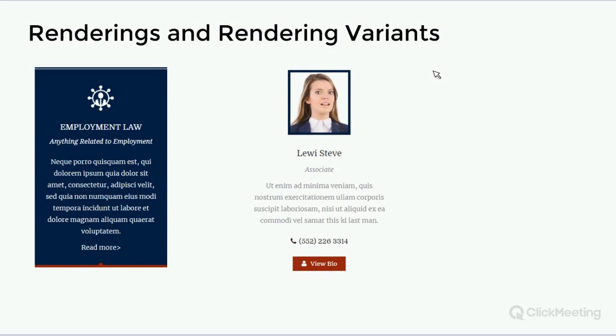Let's talk a bit about the renderings and the rendering variants, because once you actually create the page designs, you'll see that there's not much work to be done there, but the time where you're really going to spend is on the renderings and rendering variants. So if we look into these 2 renderings,